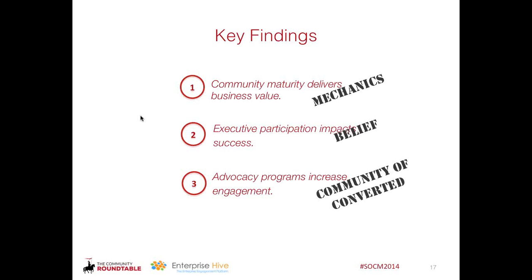The second thing that we found correlated with engagement, and we'll dig into these a little later, is that executive participation really impacted success. And executive participation on a college campus or a university campus is deans, provosts, administration people. Having them involved really gives students and everybody, every part of the community, the belief that the online community is an important element of communication in that wider community.